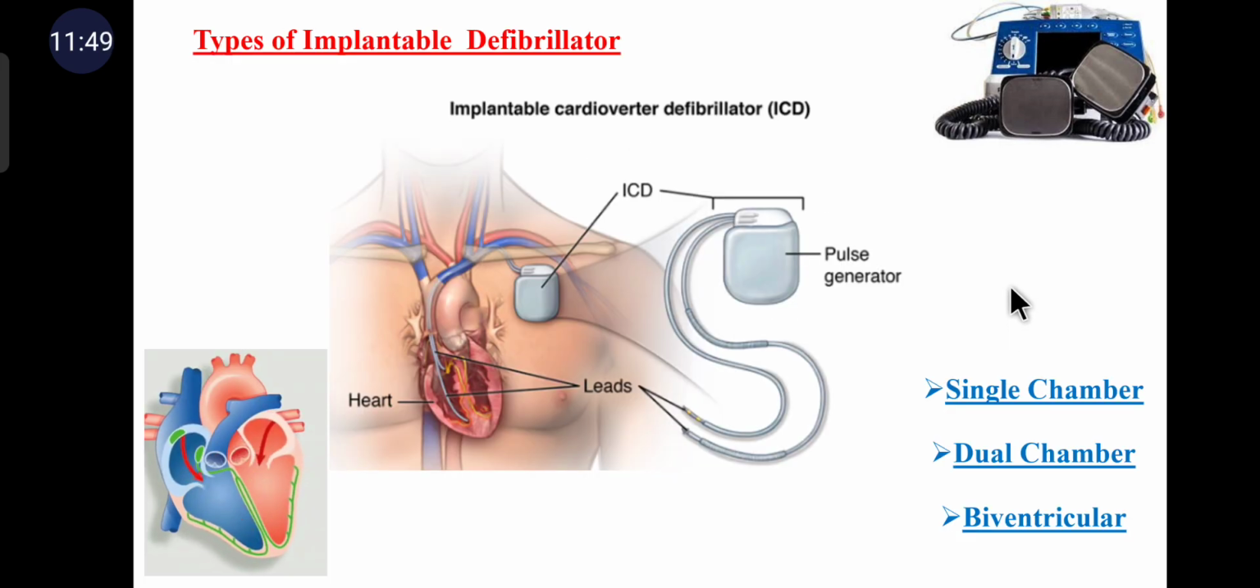Depending on the number of leads and their placement in the cardiac chambers, devices can be classified into single chamber, dual chamber and biventricular. In the single chamber device, there is a single lead that is placed in the right ventricle of the heart, and